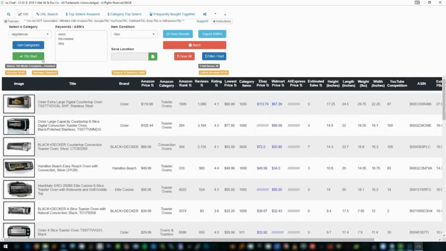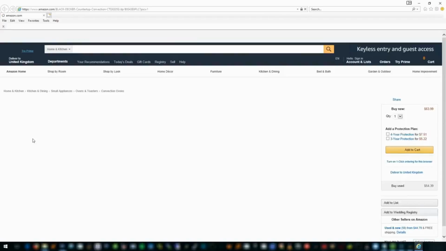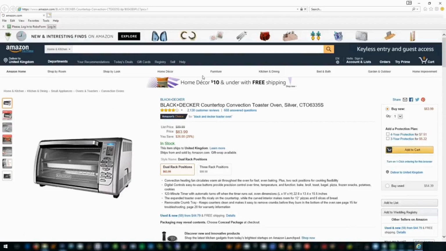Okay, now we're going to go over to the URL search. So let me just click on something just so we open the default window, just so I can show you exactly what I mean and how easy it is to do and how much you can actually drill down using this mode. So let's say we're looking at, browser being a bit slow there. Let's say we're looking at